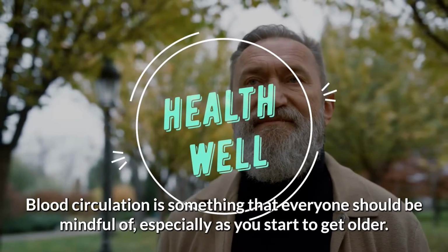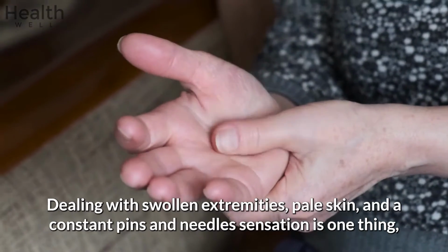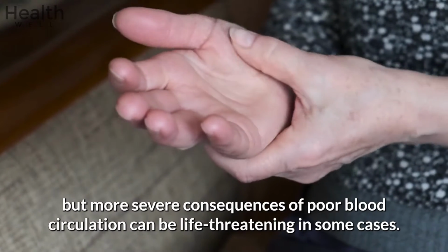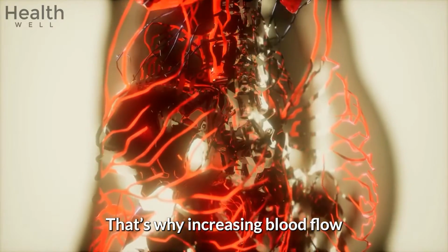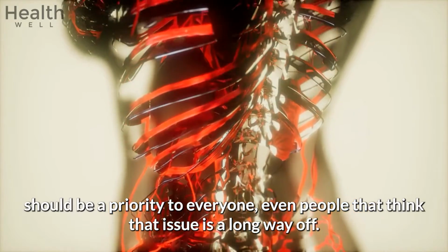Blood circulation is something that everyone should be mindful of, especially as you start to get older. Dealing with swollen extremities, pale skin, and a constant pins and needles sensation is one thing. But more severe consequences of poor blood circulation can be life-threatening in some cases. That's why increasing blood flow should be a priority to everyone, even people that think that the issue is a